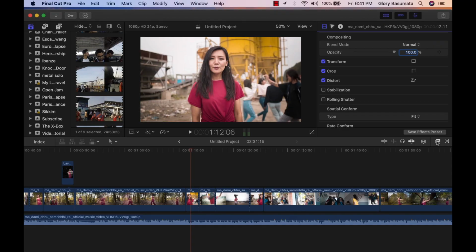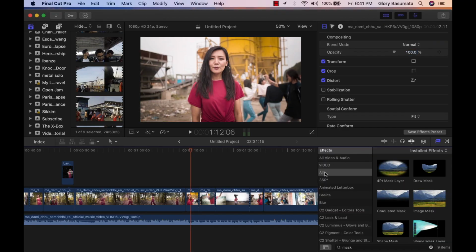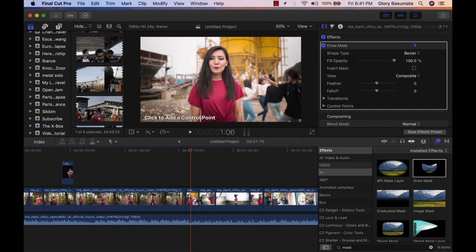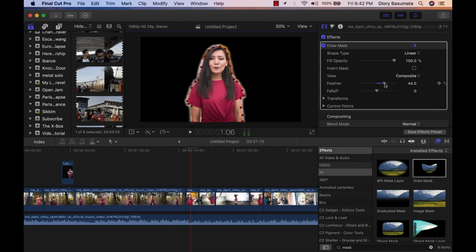Under the Effects section, click All and search for the mask effect. Now drag the Draw Mask effect onto the clip that you have cut out, like so. Now add a control point using the pen icon and draw a line around the subject. Next, you could use the feather slider to smooth out the edges around the subject. After which,